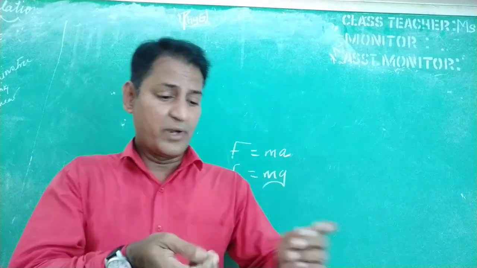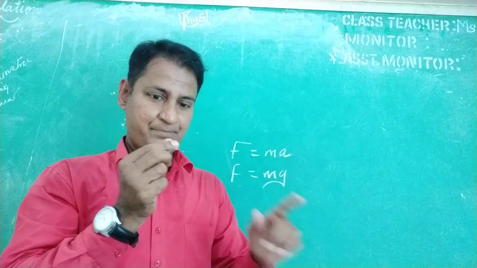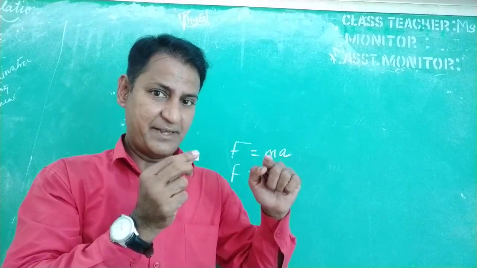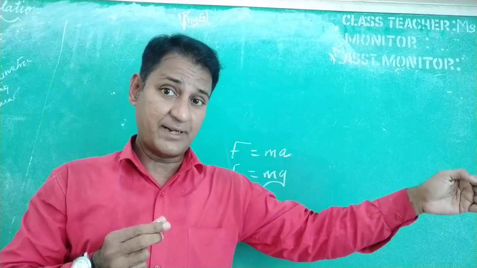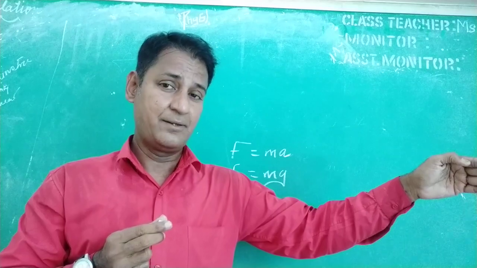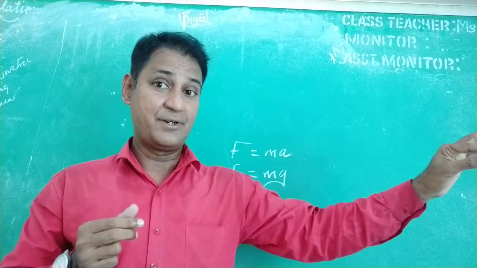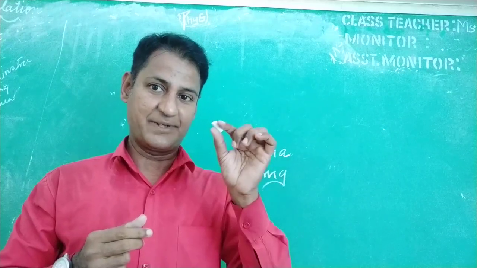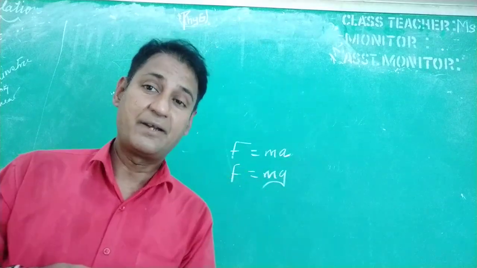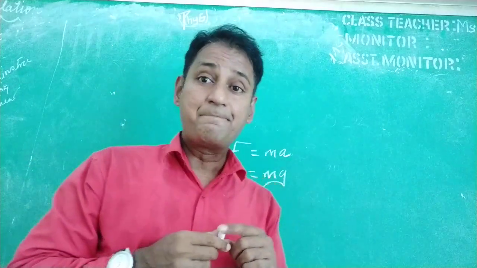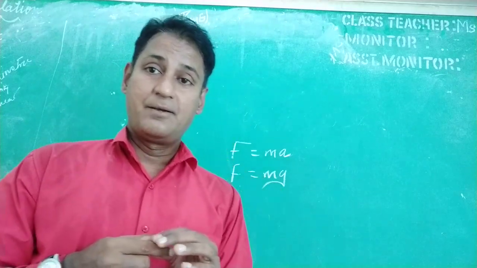Even when I throw this chalk piece in a straight line, if the chalk piece changes its velocity at different points with respect to time, then it is called acceleration. Then here I have applied a force due to acceleration on the chalk piece, mass of the chalk piece into linear acceleration, right? So this is the difference between F equal to ma and F equal to mg. Thank you.